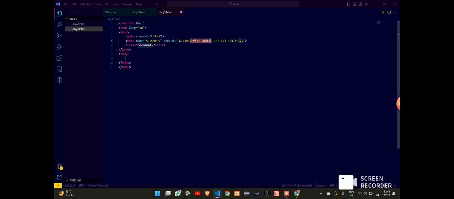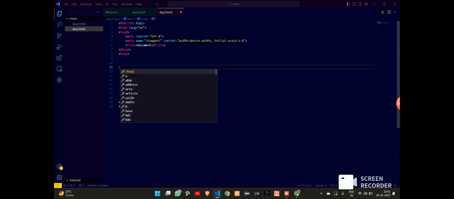Okay, first of all we talk about the emmet. That is the emmet sign, and if you enter it, the HTML body structure is ready. In this body we write our HTML codes. If you talk about lorem,